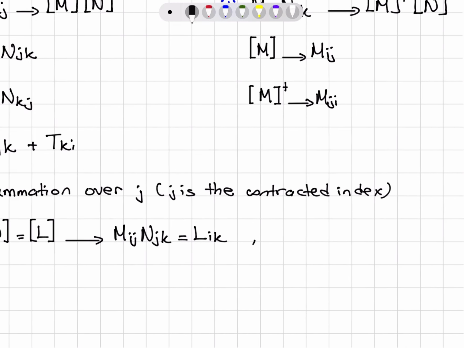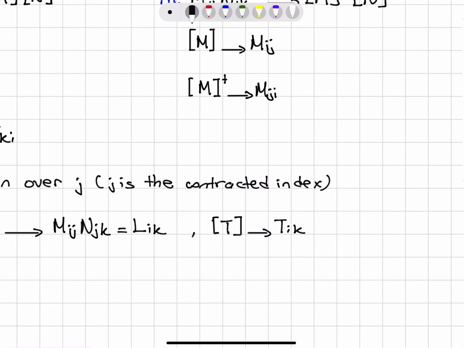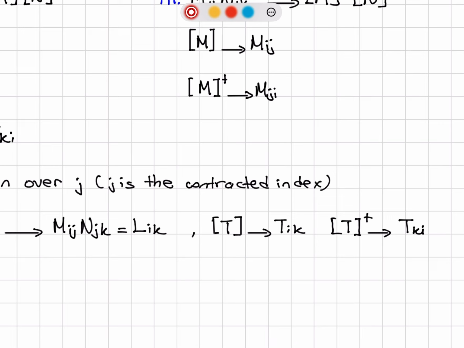Now, if the T matrix has an ith row, kth column element, so this is represented with Tik, then we see that Tki would correspond to the transpose of this matrix. So looking at the relationship between the two indices here, Lik plus Tik would be giving me the L matrix plus the T matrix, but this is Tki,